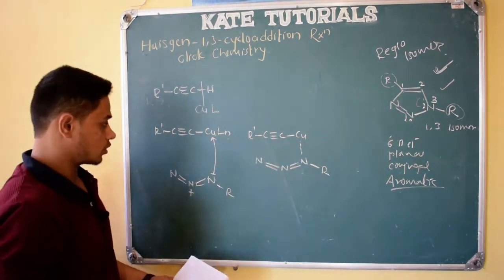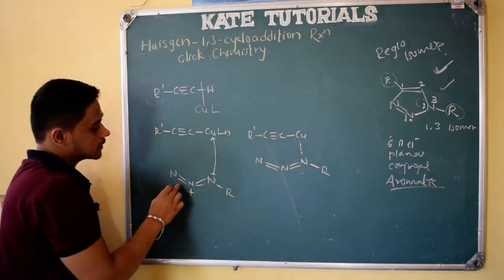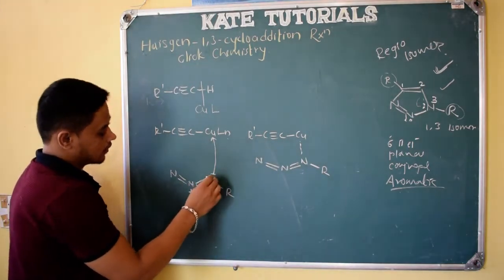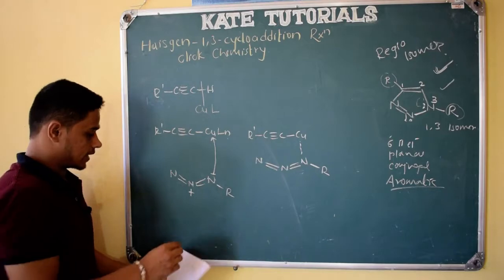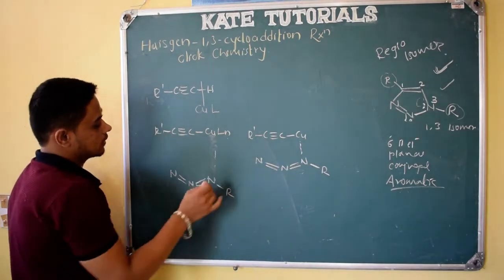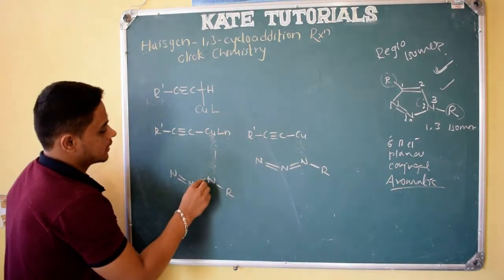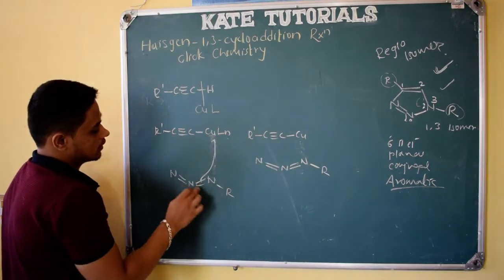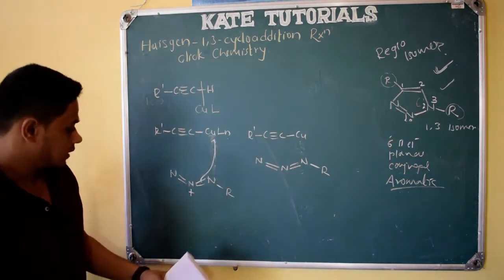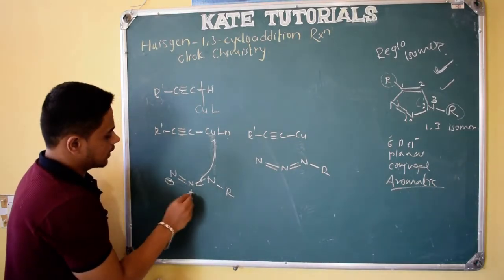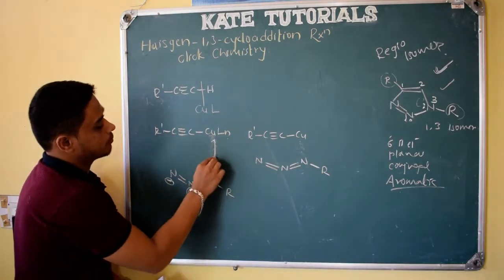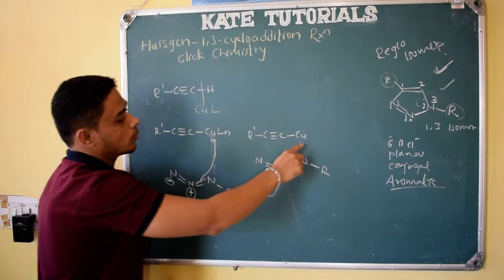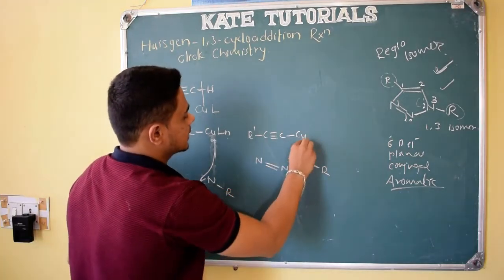right? So sorry, this should not be the structure. Here it has linked with the lone pair of electrons, right? I should not show it like that. See here, it's simply linked from the pi electron density, and here triple bond, double bond, right? Yeah, and negative charge is on nitrogen and positive charge. It has linked to the pi bond. This is forming a pi complex with this, and it becomes a single bond.